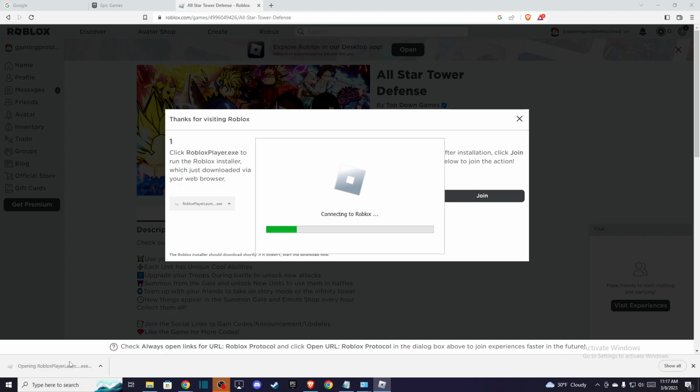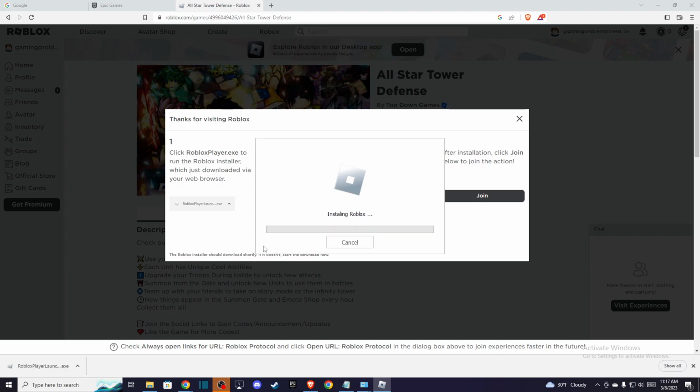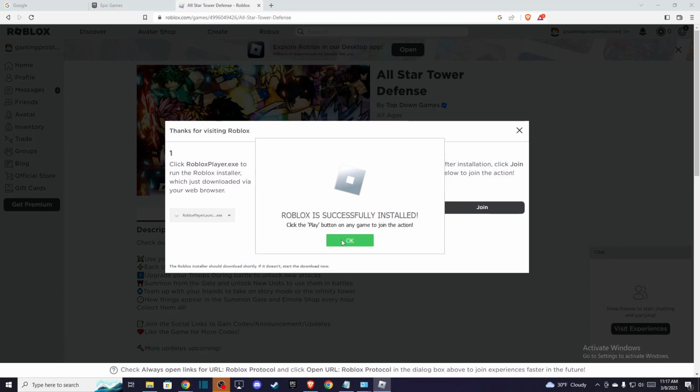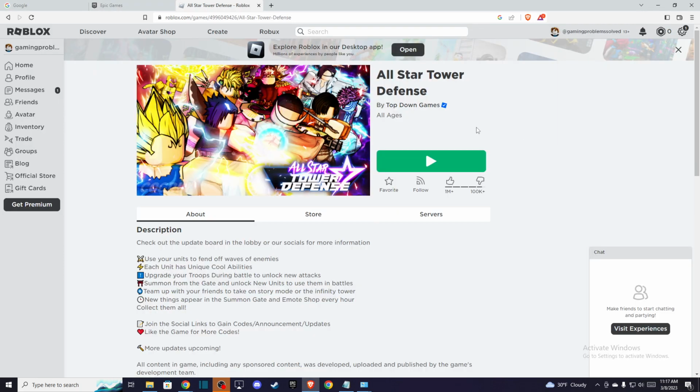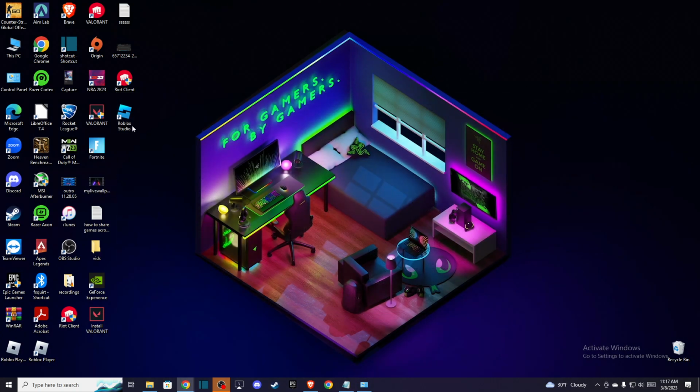not join, you need to install it here. As you can see here, installing Roblox. And it is installed, and then try to run the game on the client here, and your problem should be fixed, right? So that's pretty much it what I want to show you,